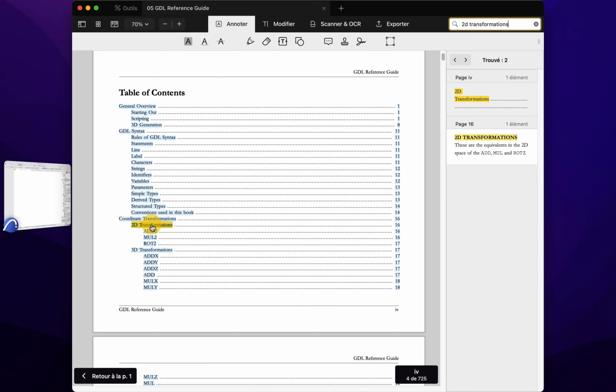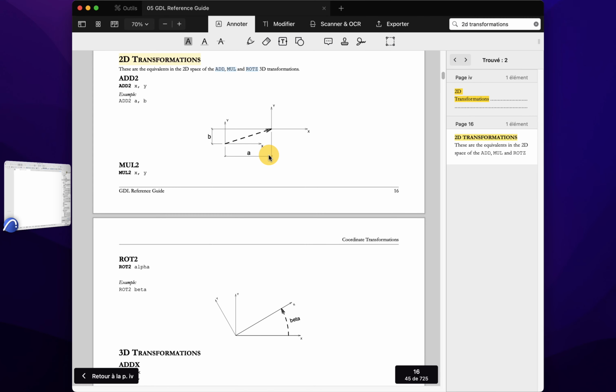And here you can click on the link, and you will see that in 2D I can translate with the ADD2 command, I can stretch with the MUL2 command, and I can rotate with the ROT2 command. So we will then use the ADD2 command.